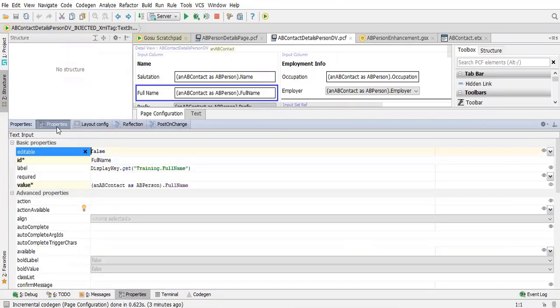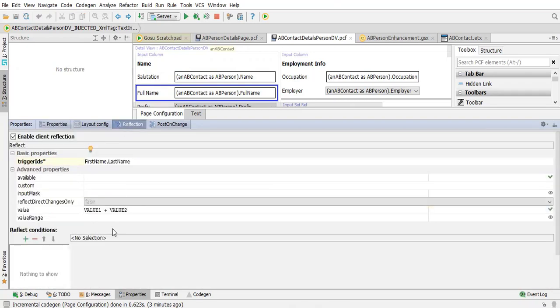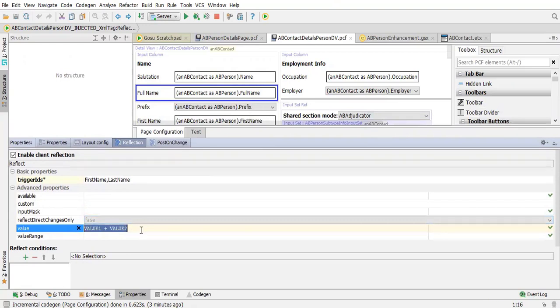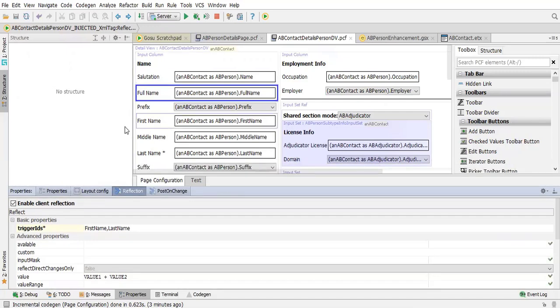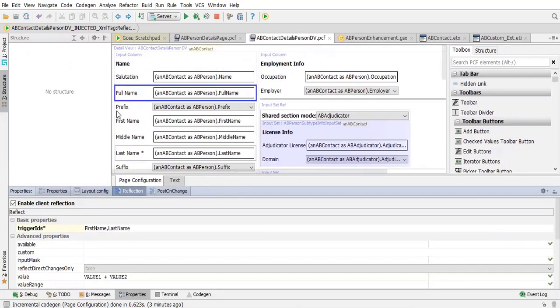Okay, yeah. So here, why are we giving this value? To store the dynamic value. You can see here, through client reflection, it is going to calculate the value dynamically: first name plus last name, and the full name is stored in the database. Yes, but why do we want to store that full name? I mean, in the database, if it's a calculated value, it's always calculated, right? Generally we won't. This is just an example of